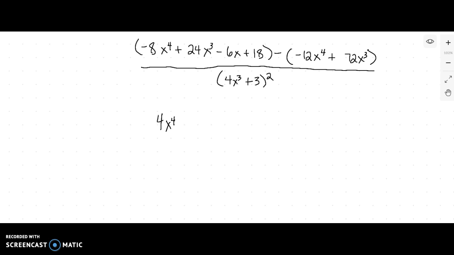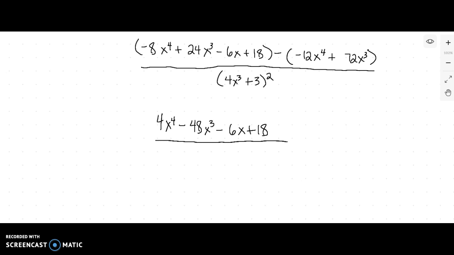So if you want to distribute this negative 1 in here, to go ahead and move that around, because that'll change the sign here and also change the sign here, go right ahead. Okay, but if you're comfortable with subtracting by integers, negative and positive, then you'll do just fine. But if you want to distribute this in here, go right ahead. That'll give us negative 48x cubed, and then the rest of it will just come on down, minus 6x plus 18